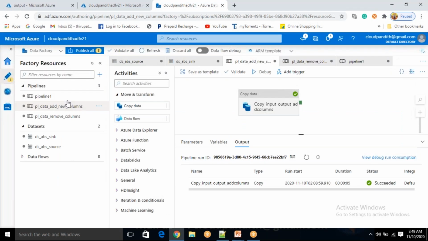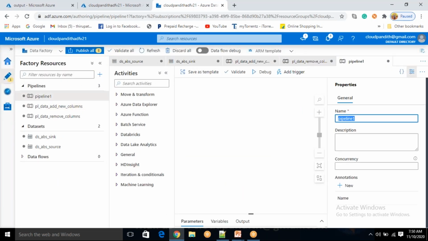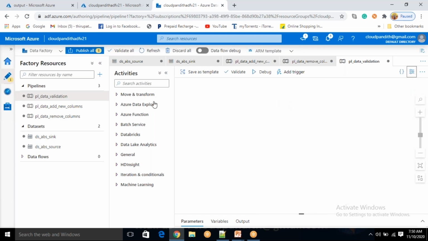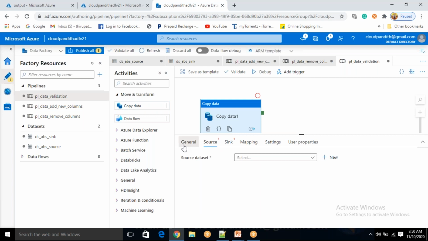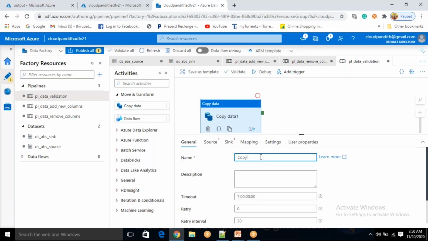Okay, so for that, click on this pipeline. Now this pipeline name you can say PL data validation. This is a validation pipeline. Now just bring this copy data activity here. Copy data here, you can say copy block to block. It's not basically validation. Validation will not happen here. At the pipeline level, you need to tell validation. Copy block to block. Okay, that's all. You just have to use this.